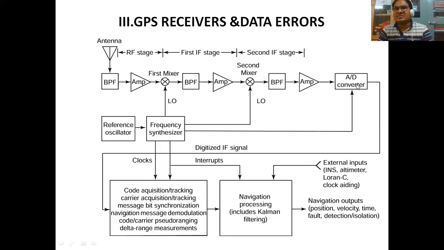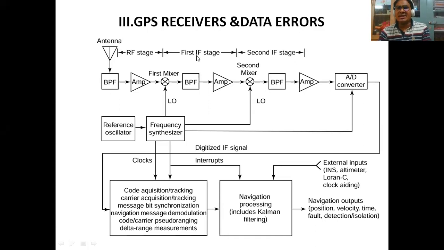After passing through the band pass filter, because the signal has traveled over a longer distance, it may be attenuated. So a minimum amplification is required here before its frequency down conversion, because the signal has to be properly fed to a mixer. So the second block is the amplifier. Whatever type of amplifier gives the best amplification without any signal distortion, you can choose here. Once the amplification is done, we go to the intermediate frequency stage.